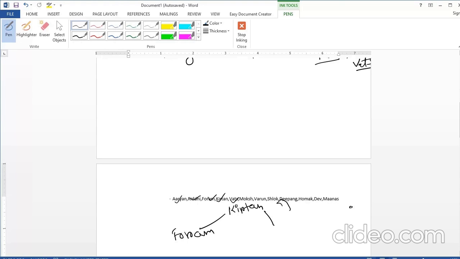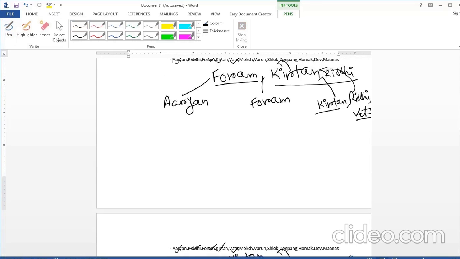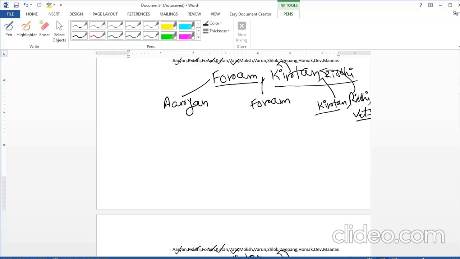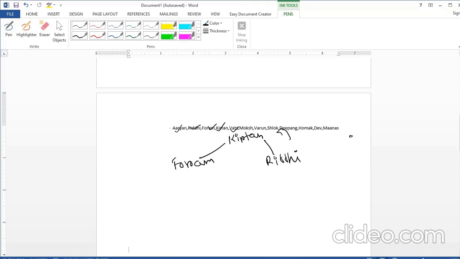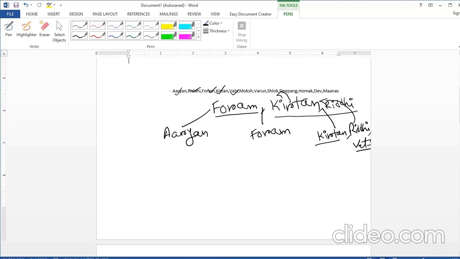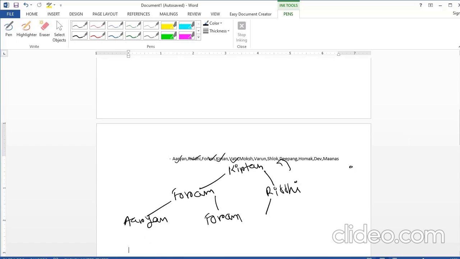But as Kirtan is repeated in all the 3 levels, we'll have to remove Kirtan from the internal node, right? So only one value will remain in the internal node, and that is Riddhi. On the left pointer of Forum, Aryan; in the left pointer we have Kirtan, and in the right pointer we'll have Riddhi and Vats.